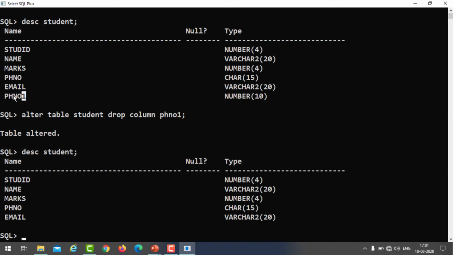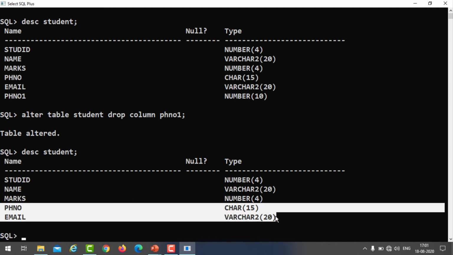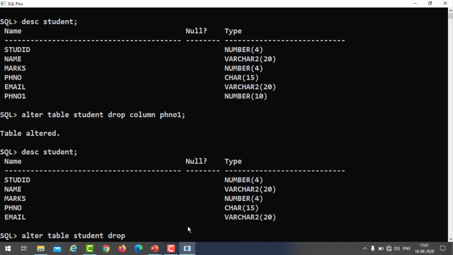See here, phone number 1 is removed, right? If you want to drop one column or multiple columns from an existing table, you must use the syntax. For example, I wanted to drop 2 columns. When you are dropping one column, you must declare the COLUMN keyword as well.